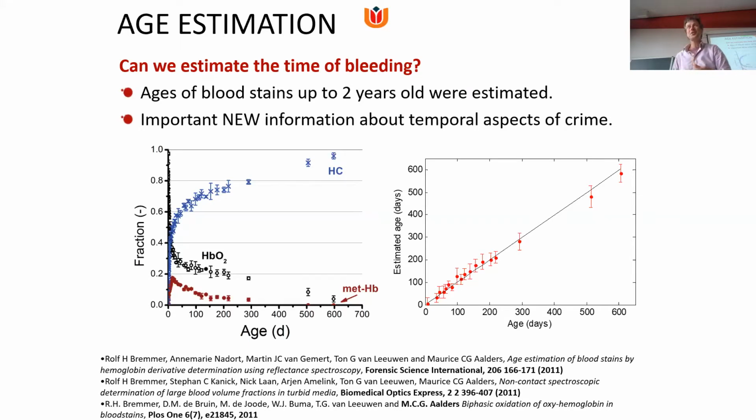But again, with the bruises, the changes in the beginning are much faster. So a certain combination is much more specific for a certain time point. And here at the end, changes are much slower. So the time resolution, the accuracy with which you can do your estimation, gets pretty worse at the end. But still, if the question is whether it is from a month ago or half a year ago, that can easily be answered